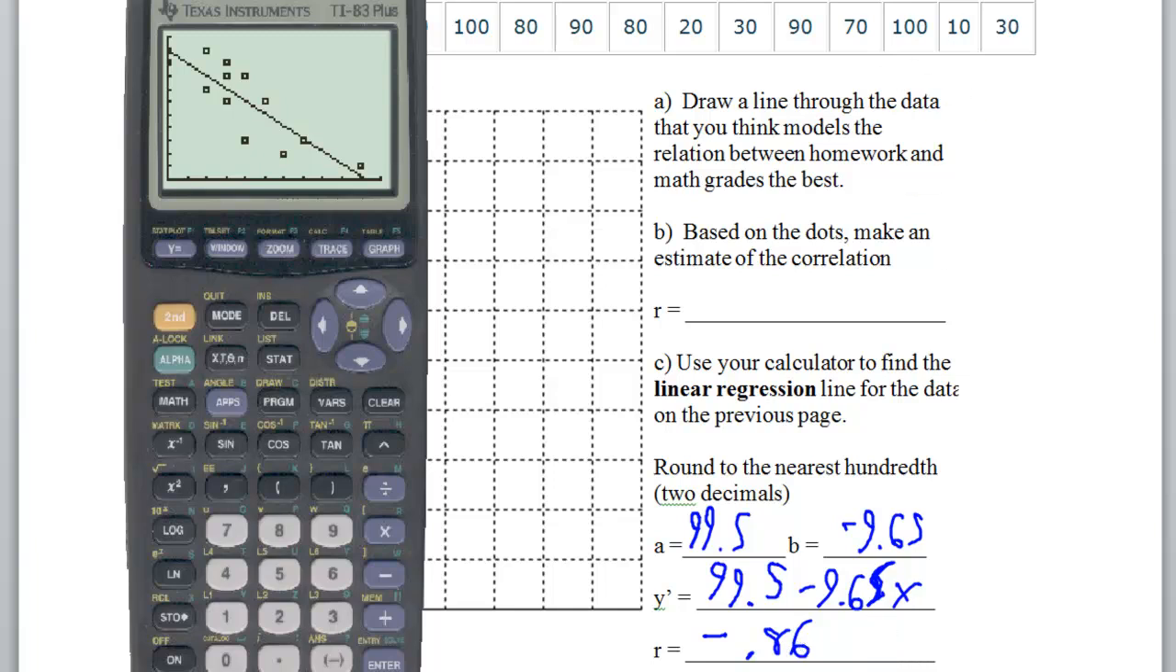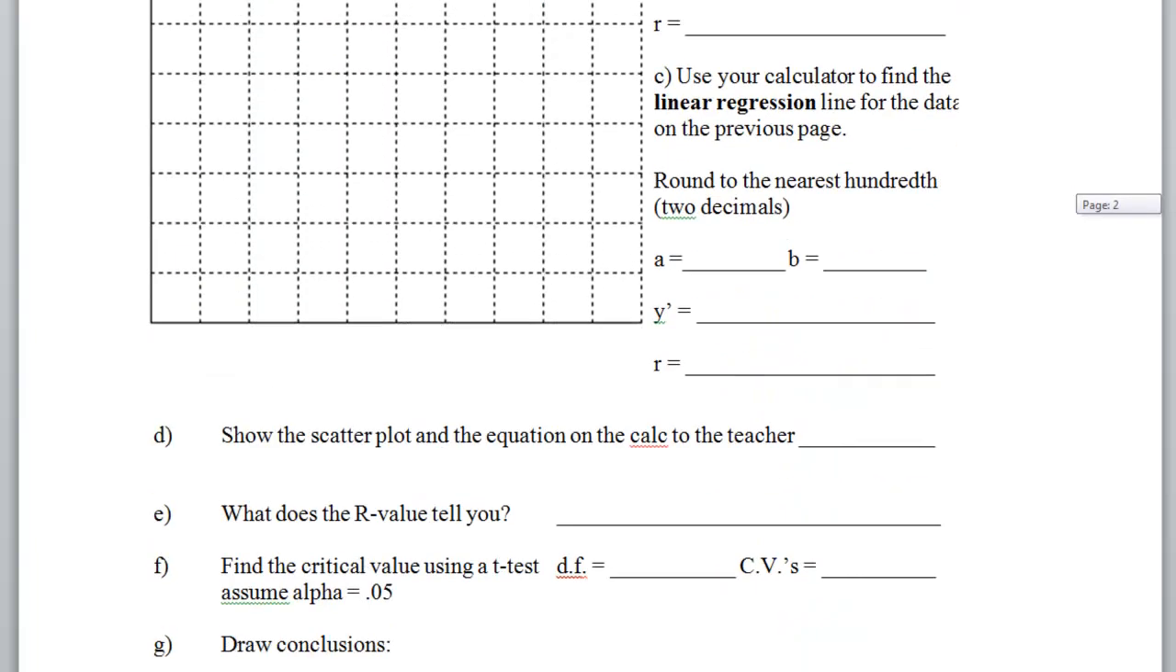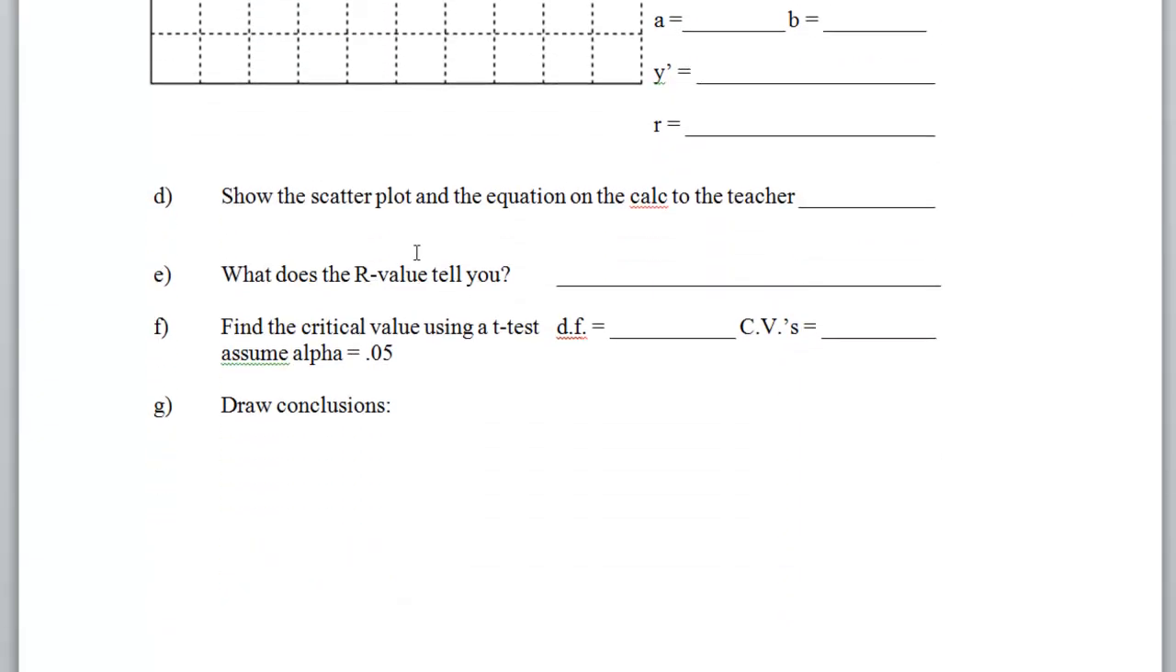All right, let me go back to my draw here. Scooting down to the bottom. Okay, so if you're in the face-to-face class or taking the test in the class, you'll have to show that to me. I really expect you to take, in lieu of doing the A and the B and the R by hand, I expect you to be able to do this on the graphing calculator. What does the R value tell you? This is a strongly negative